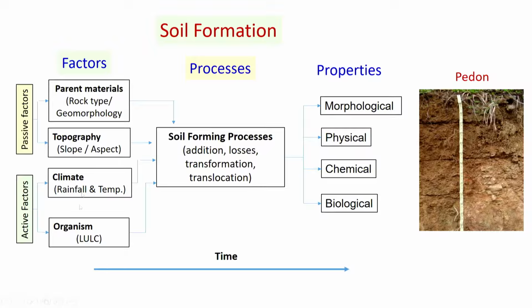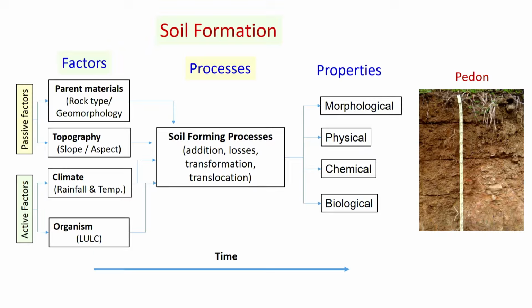These four factors, active and passive factors, regulate or govern the soil forming processes, meaning addition and losses, transformation and translocation, various chemical processes which occur within the soils because of these soil forming factors. They develop soil properties, which we can say are morphological properties, which we can see with our naked eye, and physical characteristics of the soils, for example, texture of soil,